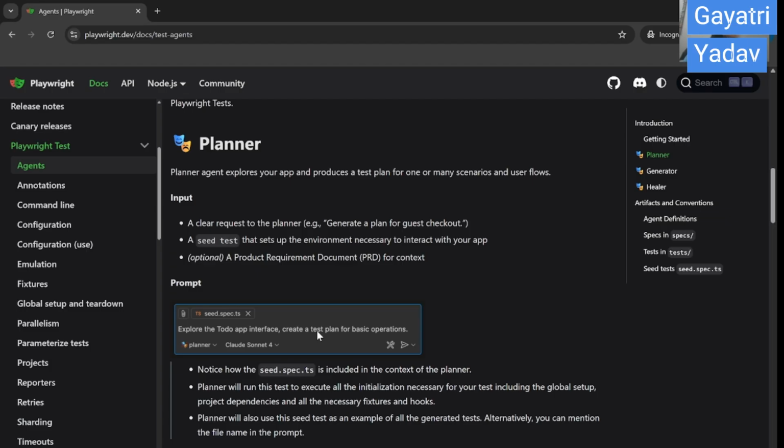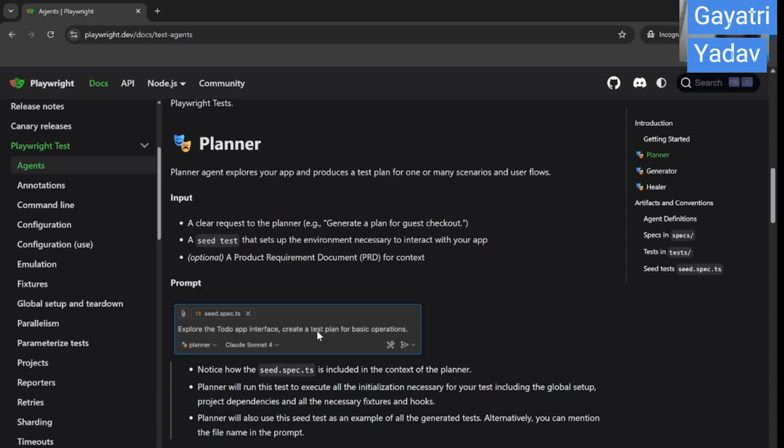For example, test login page: open the login page, then it will write the test steps, like enter valid credentials and then verify the dashboard, or maybe verify the login page title, then handle invalid login as well. So basically the planner agent will write and design the test plan and test cases. It will not give you the code; the code is generated by the generator agent, based on what is written in the test plan.